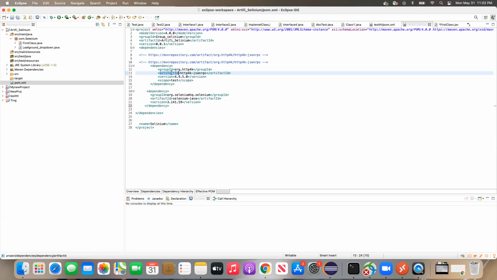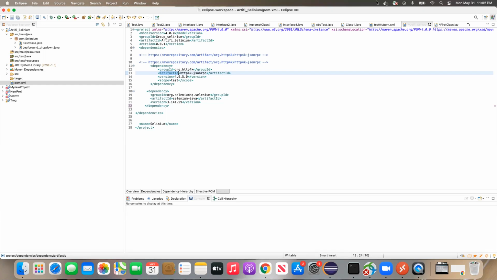Suppose we want this feature HTTP4K; to identify it from the central repository, we search for it there, and this is the name they have given to the project package they created. So we are downloading it, so it will be easy for us to know that this is the one.